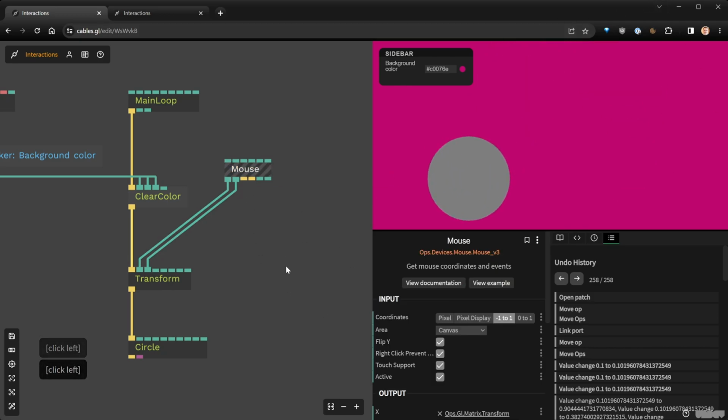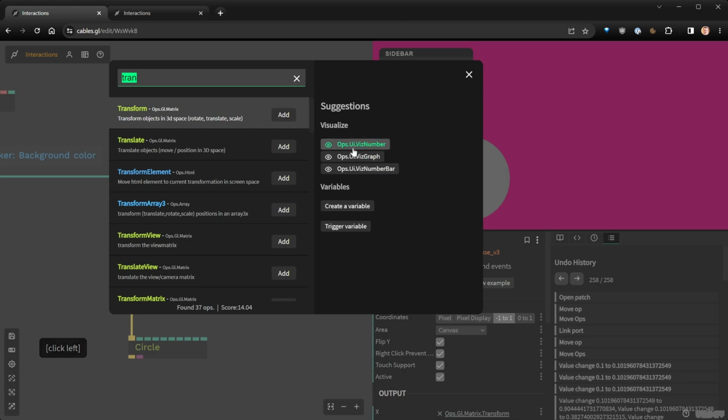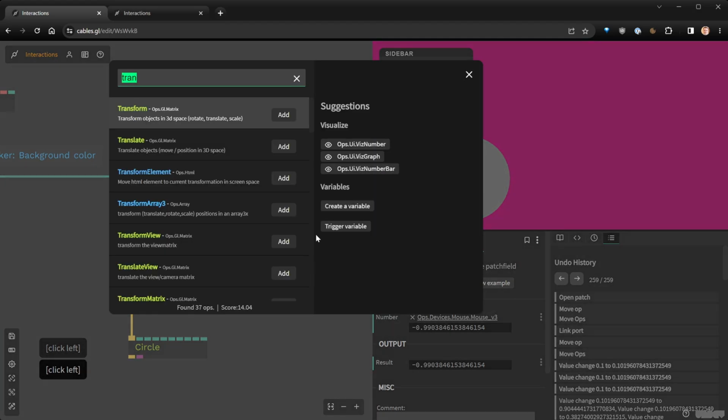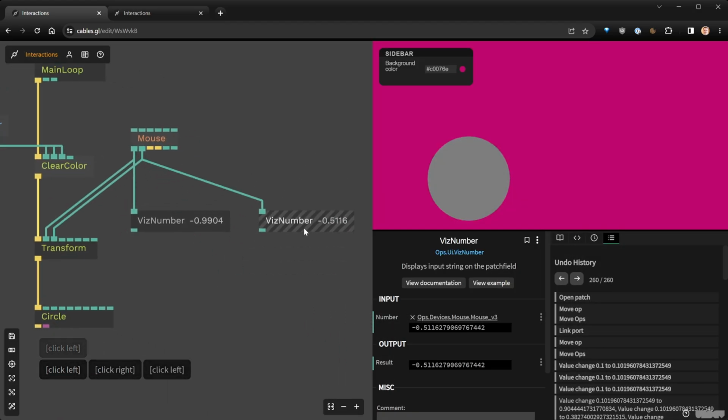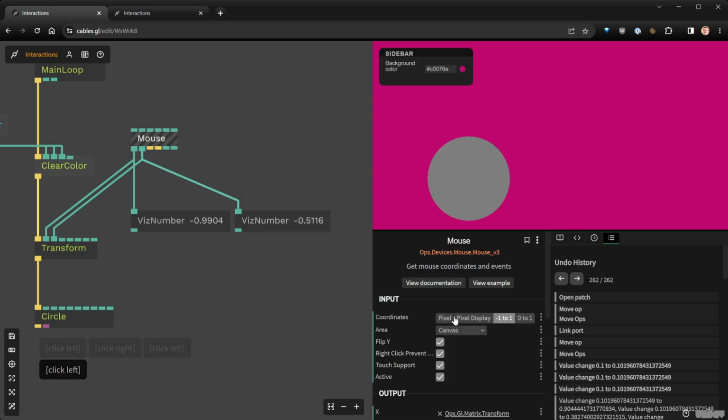So if I put here, let me just print the values so we see this clearly. This is my X and Y. Now, if I click on mouse and I put it into pixel, now, okay, I'm overshooting. Like you see, I'm putting on the bottom left, and I'm supposed to be like 0, 0 exactly, right? The square pixel display is a bit of the same. It depends also on the density, if you have a retina display or not. But here,